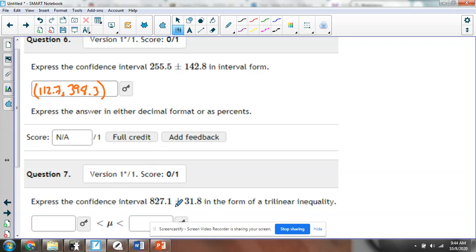Okay, I'm going to do the same thing down here. It's just now, instead of writing it in parentheses, you're just going to put the lower bound here